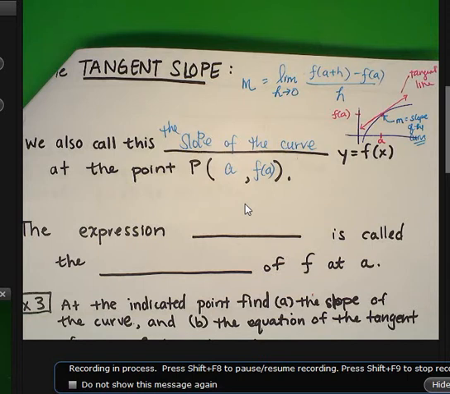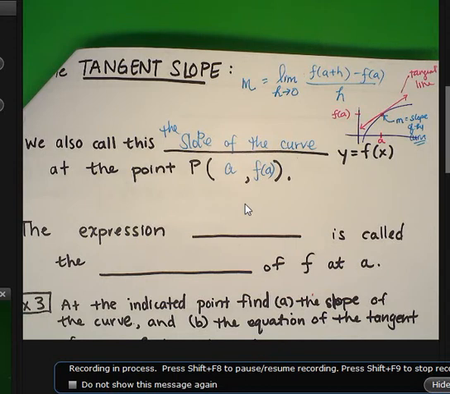So the slope of the tangent line is also equivalent to the slope of the curve at the point. So we know how to find slopes of lines. We know what it means to find the slope of a line, right? That's easy. But if I ask you to find the slope of a curve, if it's not a line but it's curvy, how do you find it? You can't just find the slope. This curve has many slopes. We can only focus on one point at a time. So let's just pick a point. And if I ask you what's the slope of this curve right there,